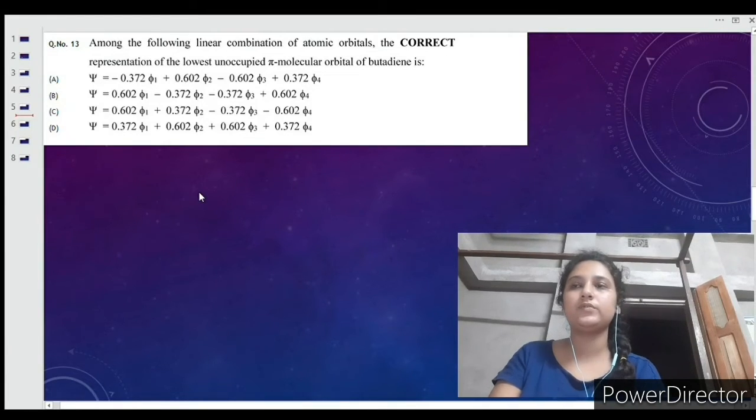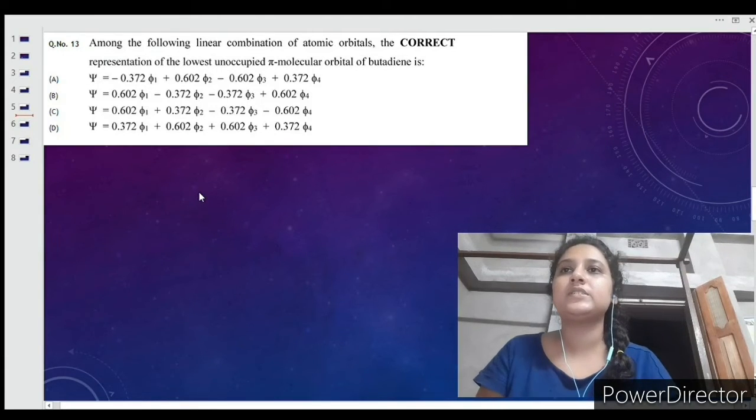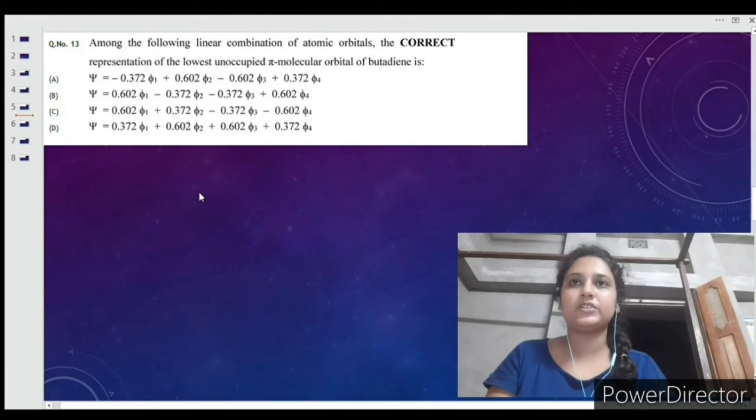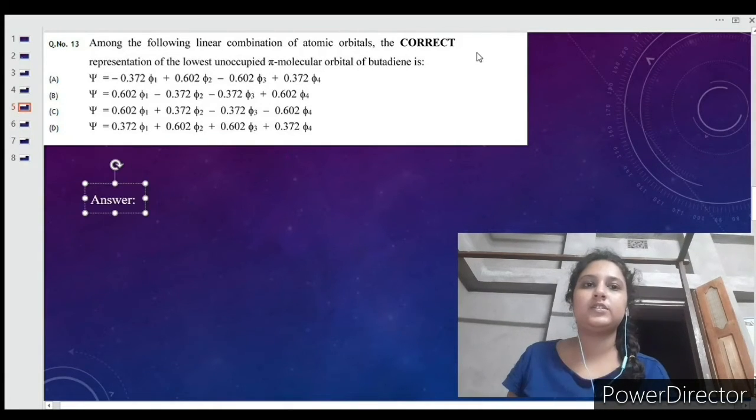Okay. So the first one is solved. Now the second problem. The second problem is: among the following linear combinations of atomic orbitals, the correct representation of the lowest unoccupied pi molecular orbital of butadiene. About this problem,